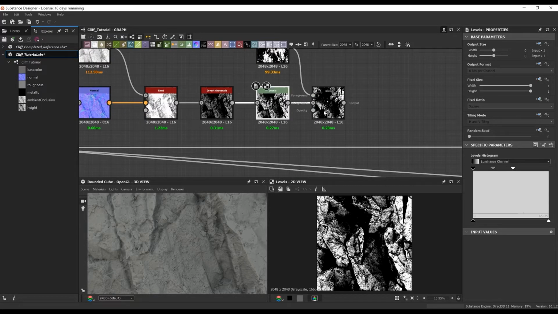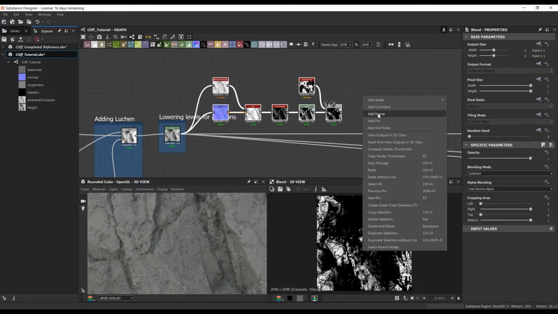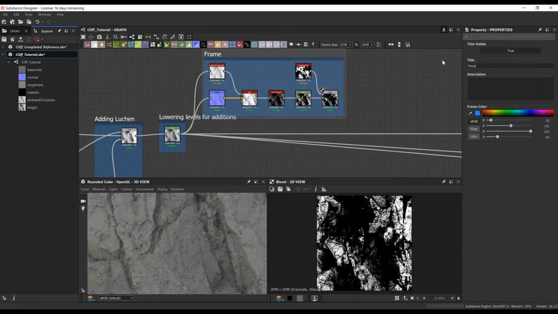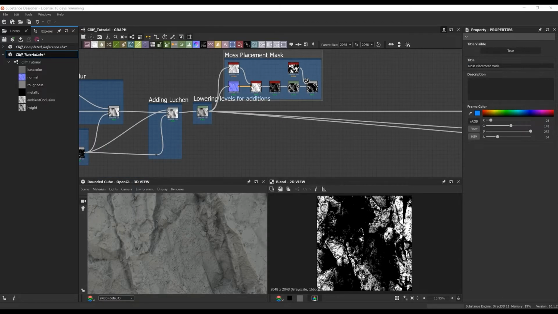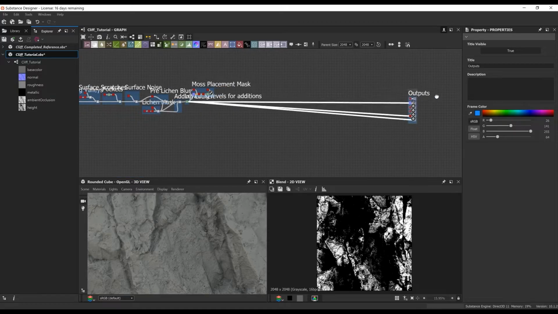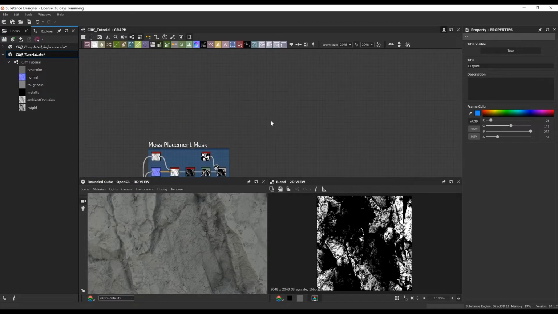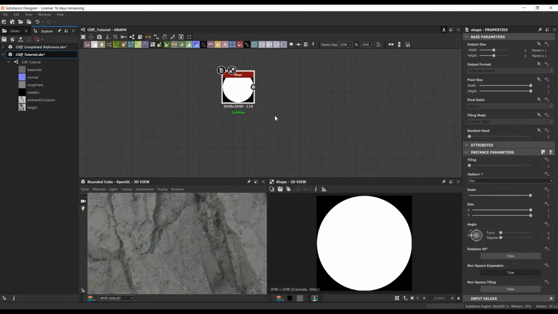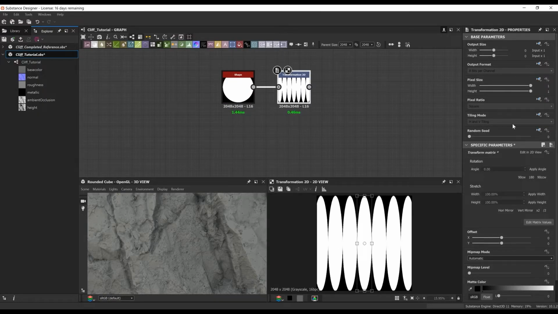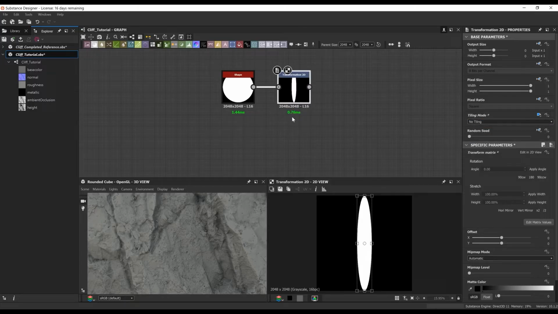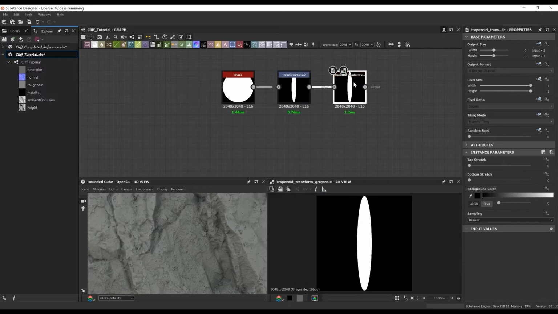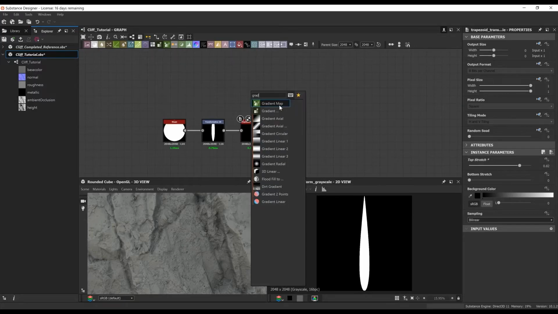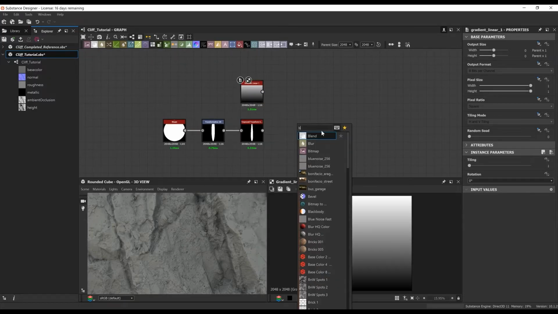So I go ahead and invert that. I do a levels to get the blacks and the whites. And then I just do another grunge, because I want to break it up again, kind of like what we did with the lichen mask as well. So moving forward, this is where we're actually going to create almost like a separate graph and kind of combination here. So we're going to leave that mask that we just created with the moss placement alone for now, because we're focusing on creating the actual leaves for our moss.